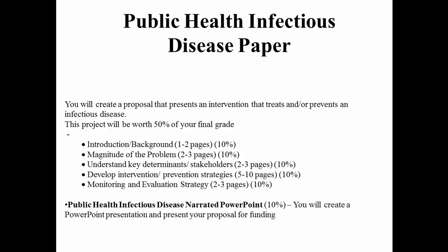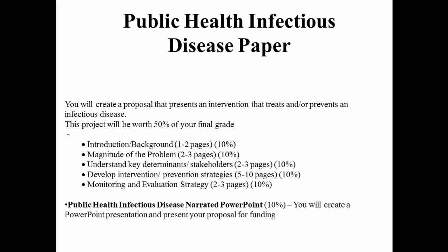The next section is going to be the magnitude of the problem. Who's affected? Who's infected? How many people are infected? Where are they infected? Is it a specific subgroup of the population? Is it, for instance, women and children that are infected? Is it immunocompromised people, and so on? And then also the numbers: how many DALYs are lost, and does it cause a certain number of deaths or injuries, and so on. That's going to be 2 to 3 pages long, and that will represent 10%